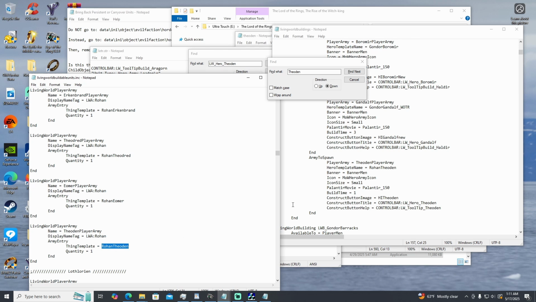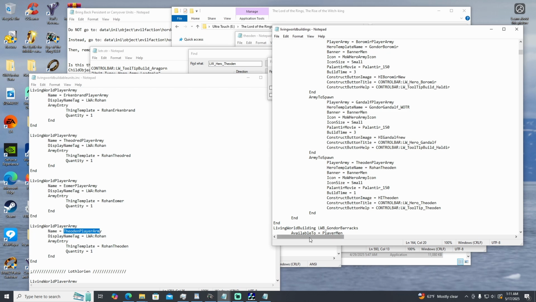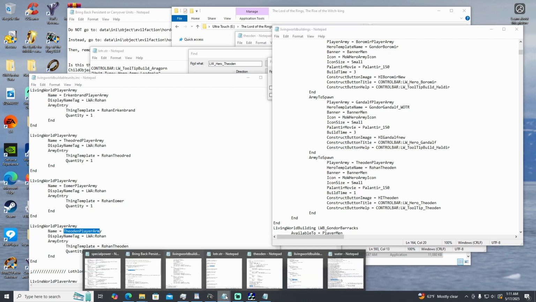So, thing template would go here, and hero template name, Rohan Theoden. Player army would be Theoden player army, right here. Pop that in. Now, the rest, you have to go to your unit INI. So, I'm going to pop up Theoden,